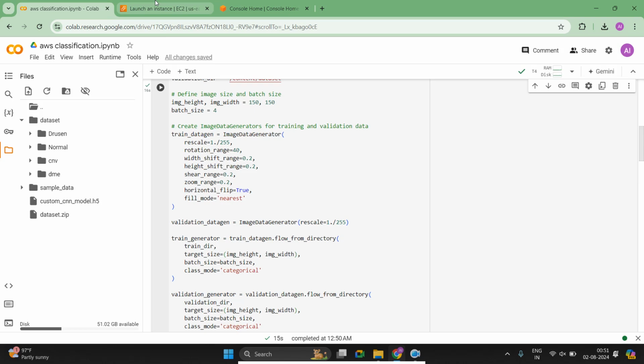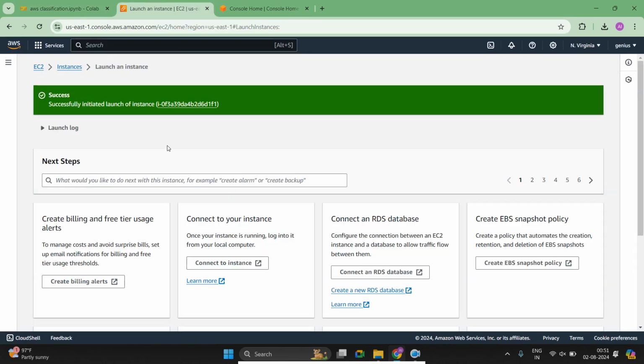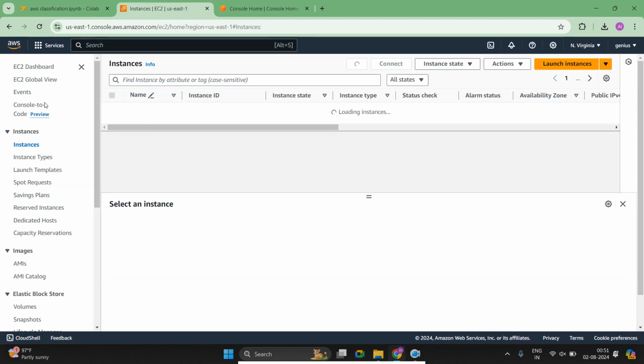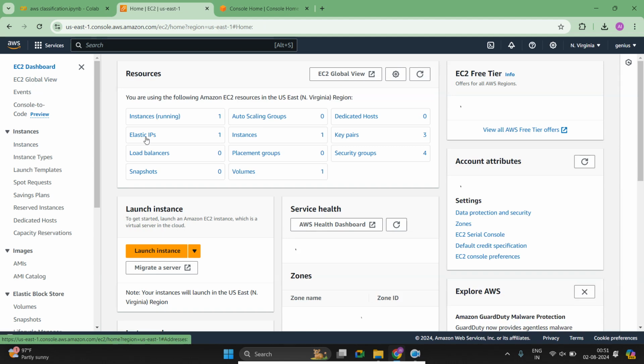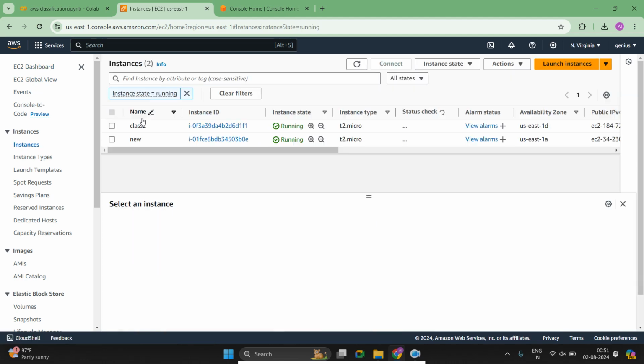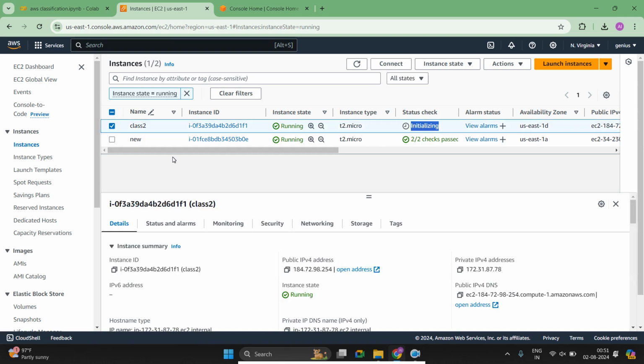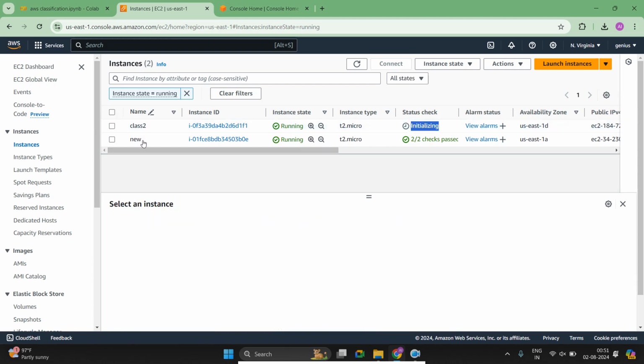Now we will move to launch instance. We will see whether the instance is created or not. If you click Instances in the EC2 dashboard, you can check it. This is the instance that I created, class 2. It's showing that it is running and it's initializing. I have already created one more instance for my own purpose, that is the new one, so it's still